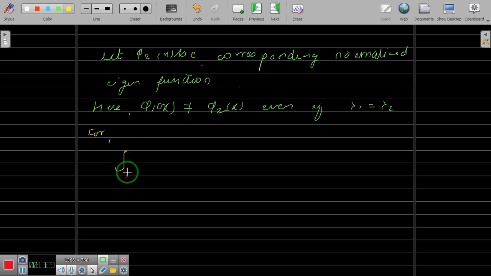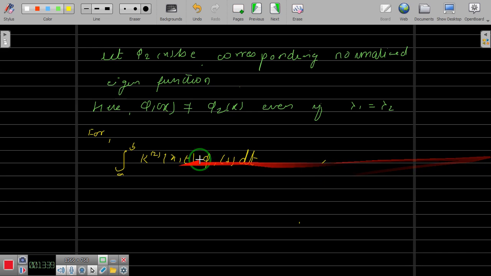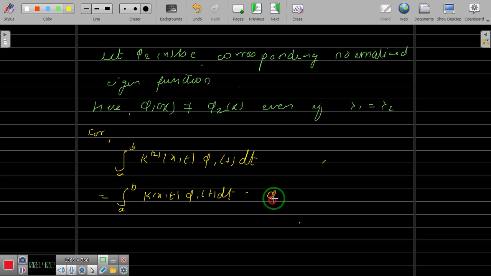So take the integral from a to b of k2 of x comma t phi 1 of t dt, which will be equal to, when you put the definition of k2 and split the integral, the integral from a to b of k of x comma t phi 1 of t dt minus phi 1 of x upon lambda 1, integral from